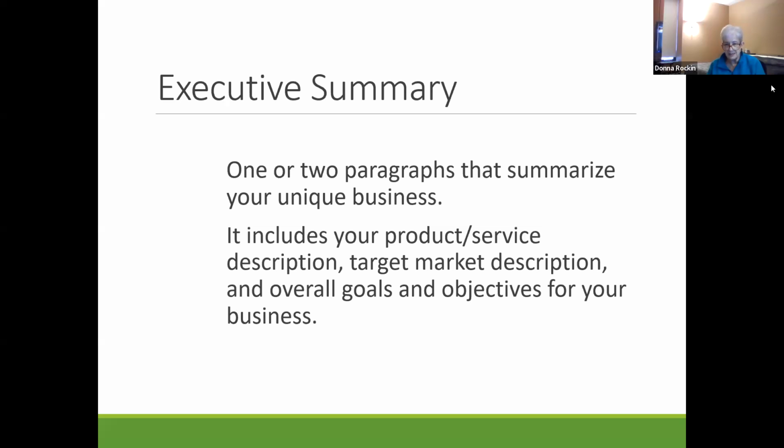But the unique selling proposition can also be that you're the only one in the neighborhood. So if the neighborhood doesn't have a dry cleaner, like if you go where they're developing Finkl's, that was the ironworks. When they finish building the buildings, if there's no dry cleaner in that neighborhood, that can be your unique selling proposition, that none exists.